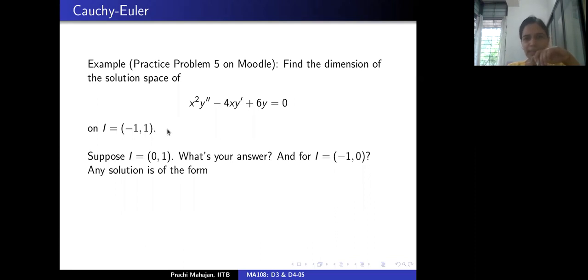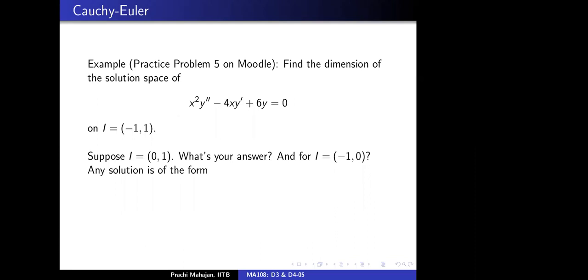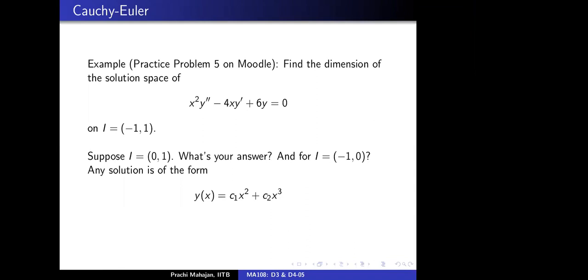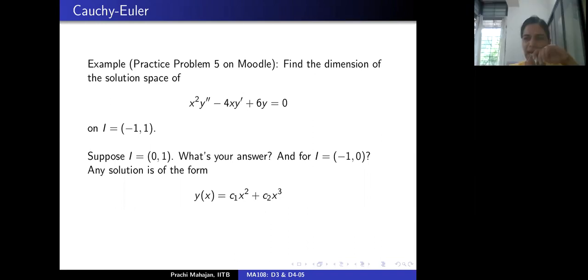Is that okay? Yes, ma'am. So how do we go ahead from this point? Let's make an observation. If I look at the intervals 0 to 1 or -1 to 0, then any solution of this ODE is given as a linear combination of x square and x cube. We all agreed that the dimension is 2. I think this type of equation always takes solutions of the form x raised to n, so from there also we can find that it will be x square and x cube.